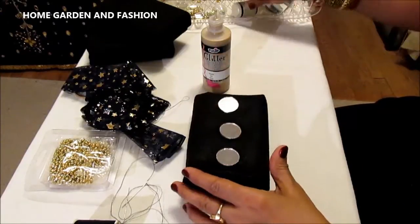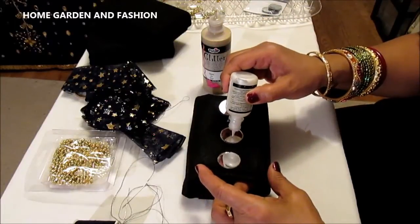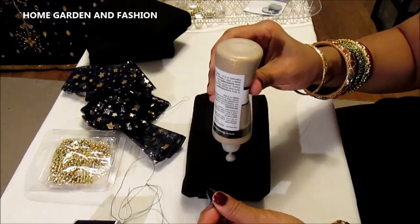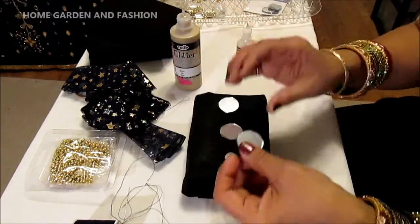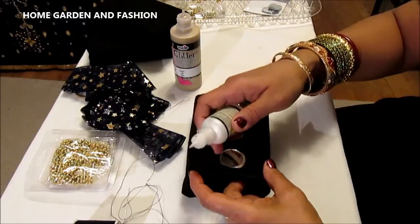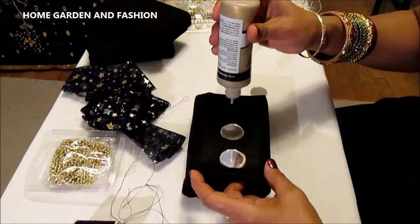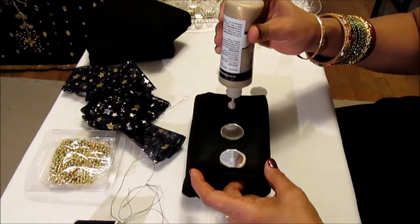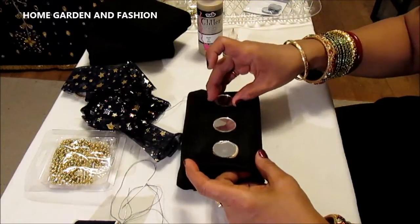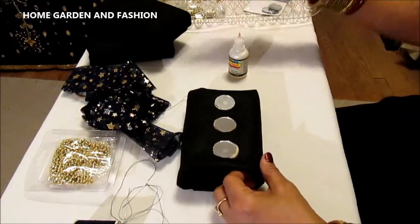Now I use this empty container to push it down. Now you do the same. Now push it down. If little bit comes out on the side, it's okay, because it looks pretty with it. Don't worry about it. Enough. Now you put it just in the center and push it down. Okay, once this is done,